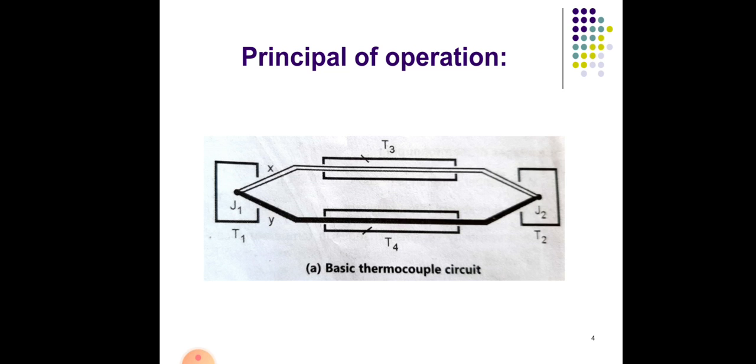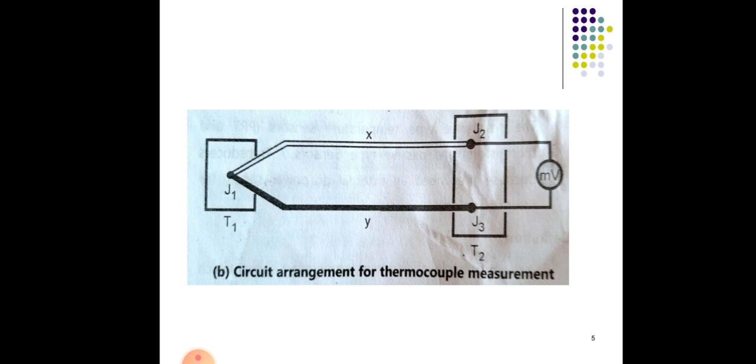Means one of the thermocouple junctions is kept as the reference junction J1 and the other is considered as the measuring junction. The reference junction is kept at ambient temperature T1 and the measuring junction is exposed to the chamber whose temperature is to be measured. Then due to this temperature difference, the thermo EMF V0 is generated, and a millivoltmeter is used to measure the thermally generated EMF as shown in the figure.